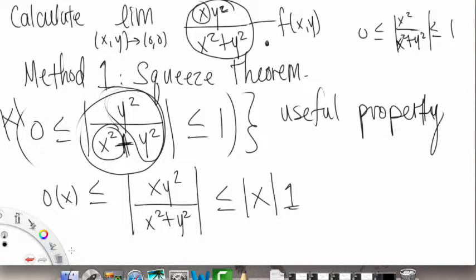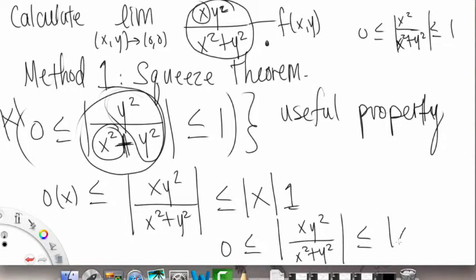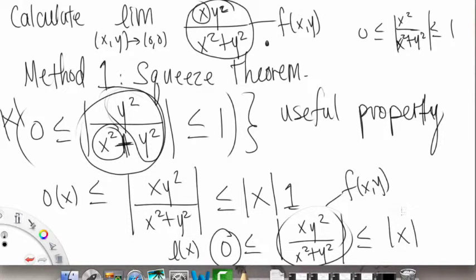Okay, so anyways, now that we're here, we have that 0 is less than or equal to the absolute value of our function, xy squared over x squared plus y squared, which is less than or equal to the absolute value of x. Okay, so here's where the squeeze theorem comes in, right? I've been building up to this. So the middle function here is our f of x, y. That's the middleman. This is our lower function, L of x,